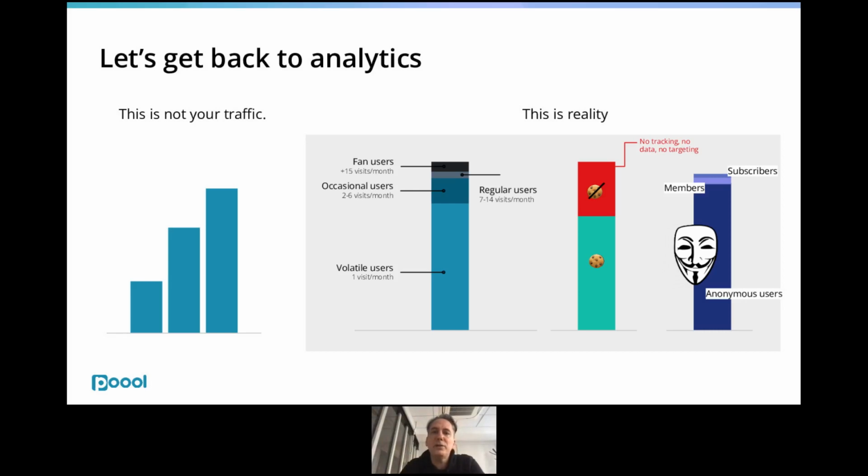If you think about cookie consent, right, 70% is consented, 30% is non-consented, which means no tracking, no data, no targeting. It's hard for your clients when you sell ads. It's even hard for yourself when you want to better your own marketing. And the third part of the audience equation is, 90% of the audience is anonymous. Exception being, of course, some broadcasters which have a very strong login strategy. But apart from that, most publications, most media brands, most digital native players have most of their traffic anonymous.